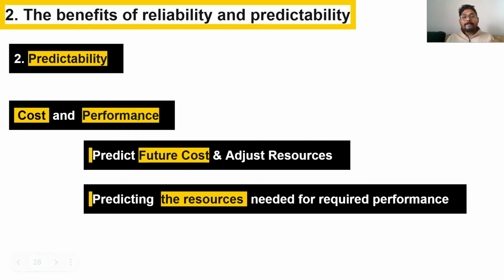And the other one is the performance. Let's say I already know I'm using 2 CPUs, this is how the performance is. If I increase it to 3, the performance will go high. So I can easily predict, based on the number of resources I'm using, how the performance will be. And if required, I can do a scale up or scale down. So these two terms are very important: Azure reliability and predictability.